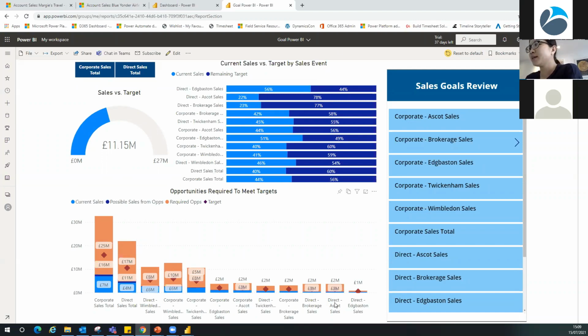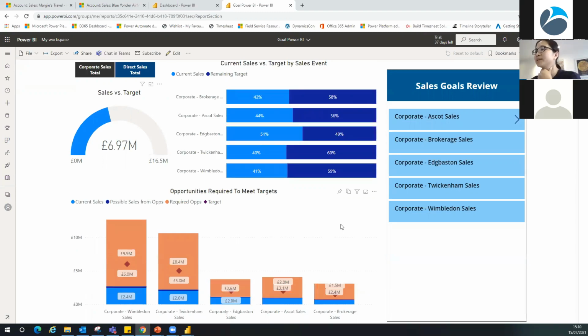These are all Power BI standard visuals, and the one that you see on the right hand side is a canvas app that I created and embedded into the Power BI report. And what I'm going to do is update the sales goal from the canvas app, and that sales goal is immediately reflected in the Power BI report. So that is what I would like to show you next, how everything is live and everything interacts with each other.